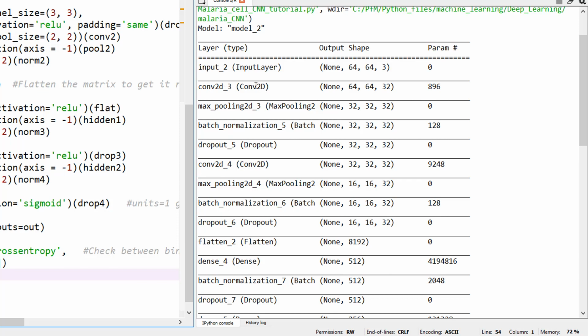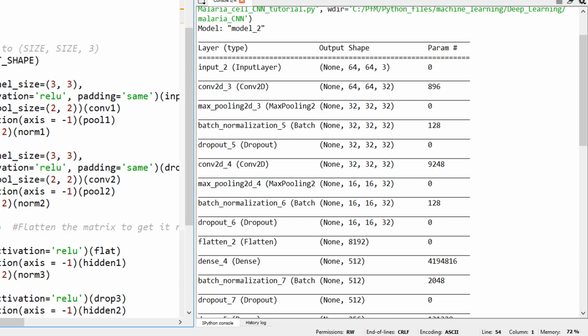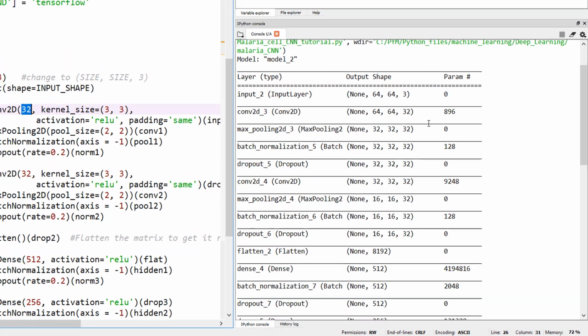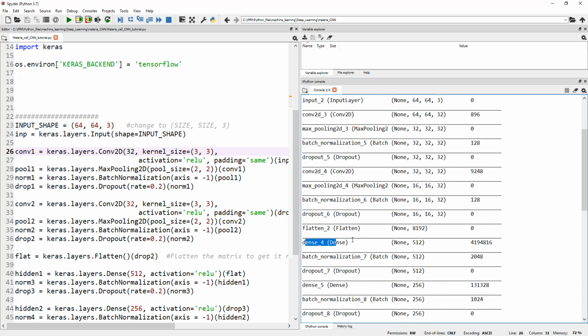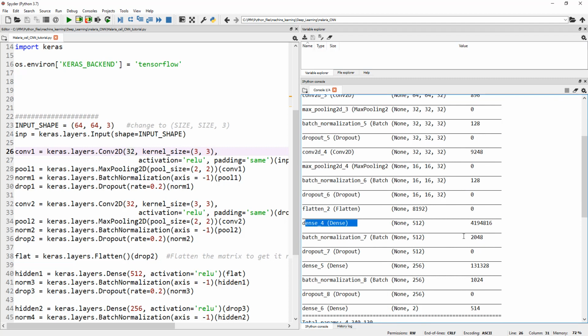My convolutional 2D layer is 64, 64, 32, and we can check that. Okay, so there you go. That's the 32 right there, which means there will be 896 parameters in this layer. And then the next one, max pooling, obviously has no parameters, we are just max pooling it. And then comes batch normalization, and here we have 128 parameters. Convolutional 2D, the next set, we have 9,000 parameters, and once you get into the dense layer, there is I don't even know how many,